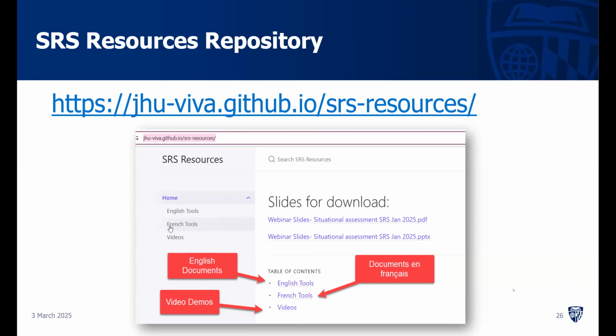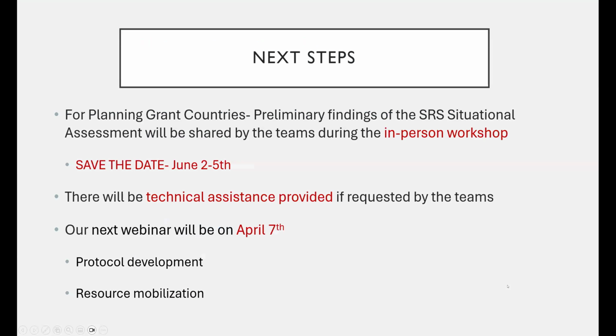All right, I'm going to move us along. I think we have one more slide, just a save the date announcement I want to make sure you all get. We are still planning to have our in-person workshop this year. We'll bring together every team as well as technical partners. Right now, we are asking that you please save the date for the week of June 2nd. You would need to arrive on June 1st and likely stay through the 4th or 5th. We are still finalizing the agenda as well as the location, and we will share more information once we have that available.